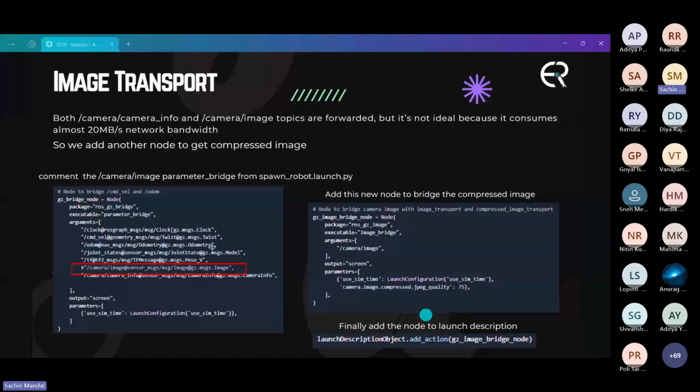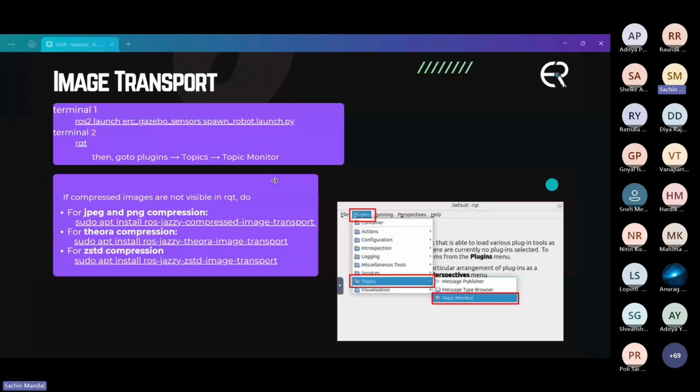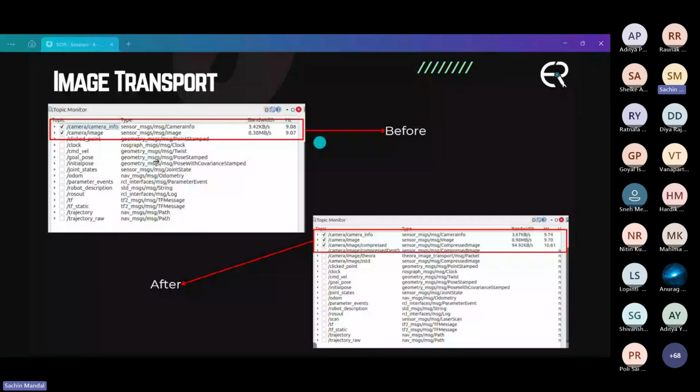Now let's test the bandwidth. In terminal 1, launch the robot. In terminal 2, type RQT and then go to plugins, then topics, and then topic monitor. From there, you get this type of window. I ran it before, and the bandwidth was coming out to be 8.38 Mbps.